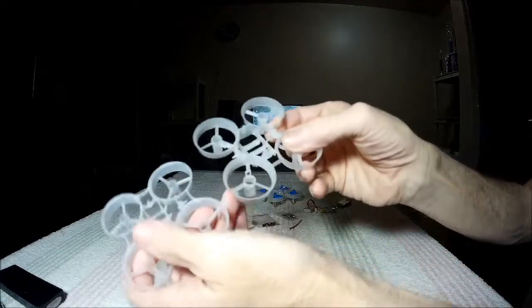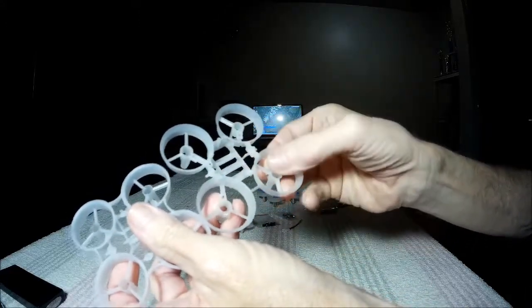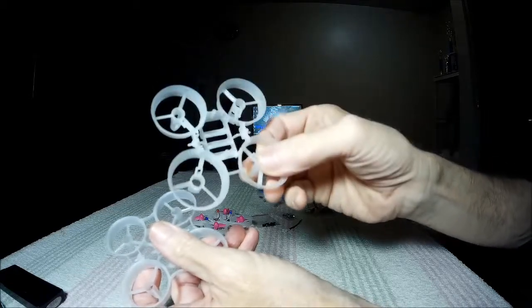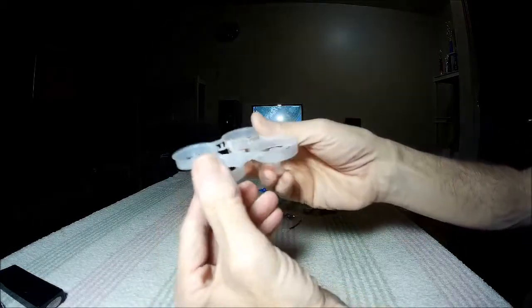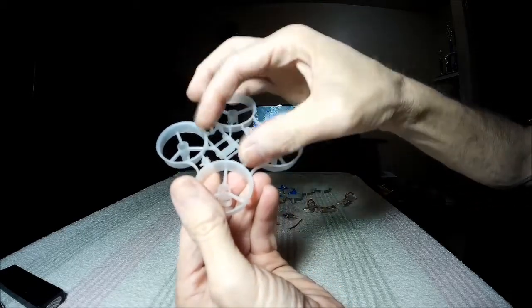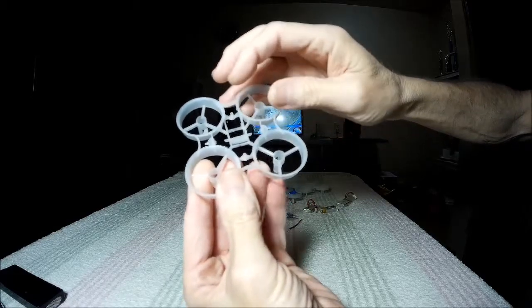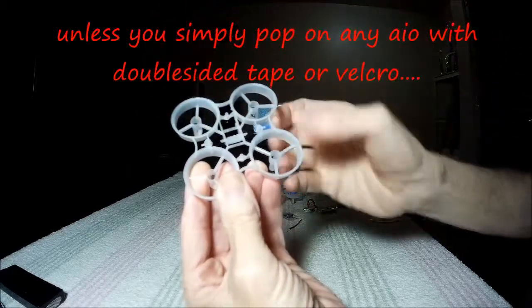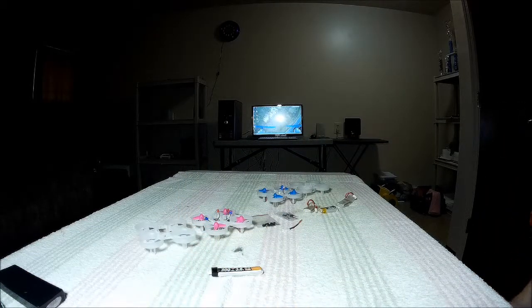Because if you'll notice, let me show you these two frames here. These little posts are kind of flat, kind of low. That's actually for the B03 Pro board, or an E11 board. Now this one here, the posts are taller, so you can put the grommets on there, and then put your board down on there. The board is held on by the front and the back two screws. Once you put your canopy on, the other two screws hold down the other two corners of the board. Plus, I guess the grommets absorb any shock from crashes, and Birdman's going to be doing some crashing because